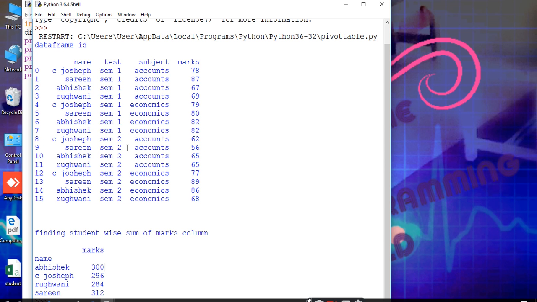And for C. Joseph, the sum of the accounts for semester 1 is 78 plus 79 plus 62 plus 77, that is 296.